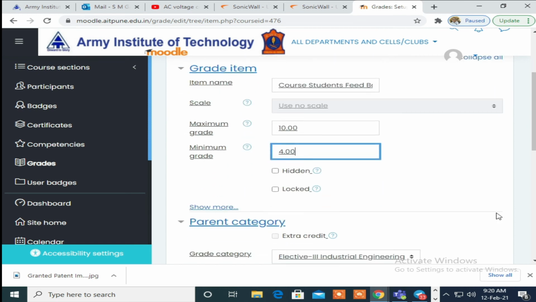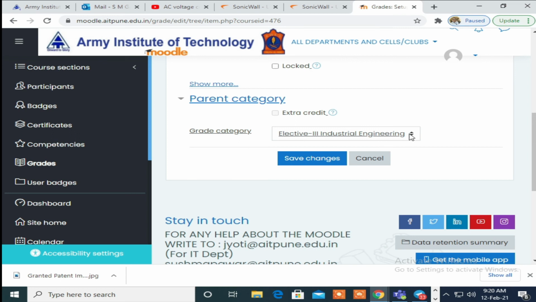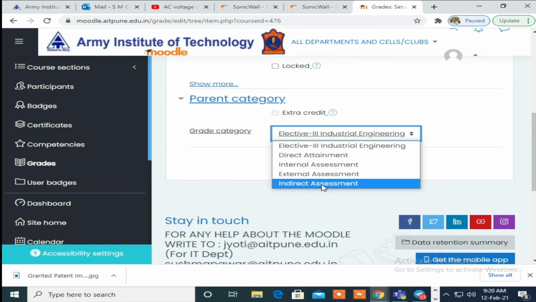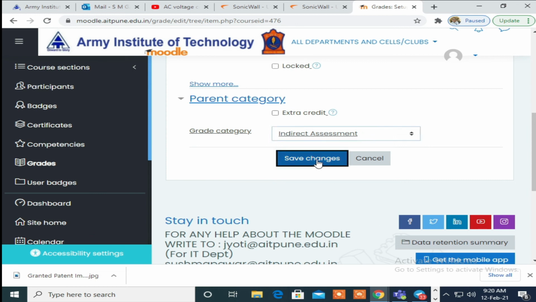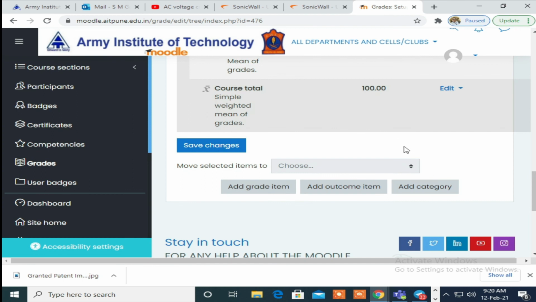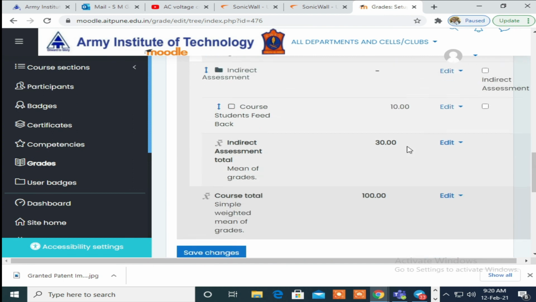Maximum and minimum grade 10.00 and 4.00, and it is under indirect attainment. Do a save change. Okay, so 2 more points we need to add under this indirect attainment.